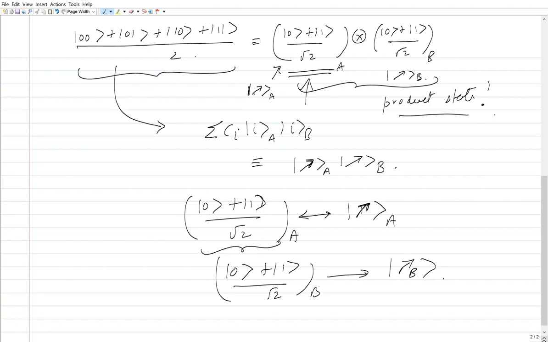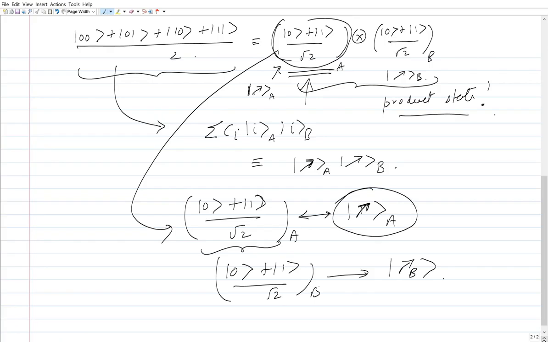So relabeling my bases and transforming this particular state as this guy, I see that this was nothing but a product state, and this indeed is the Schmidt decomposition